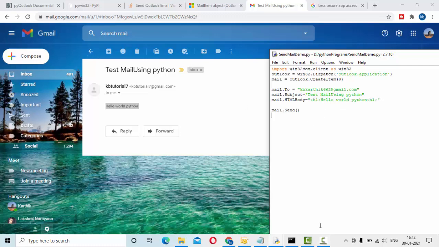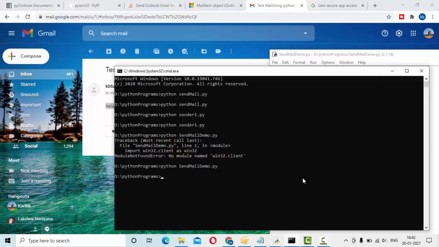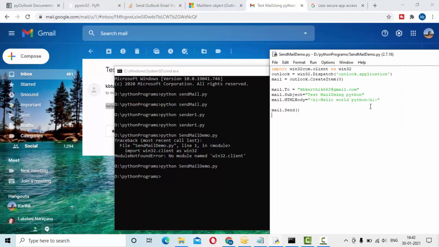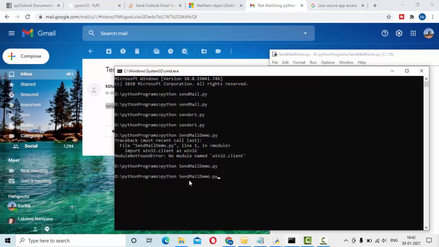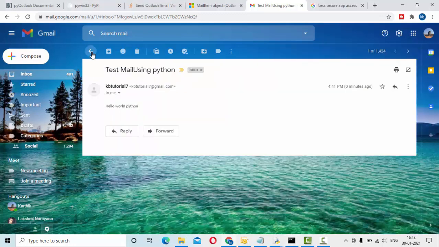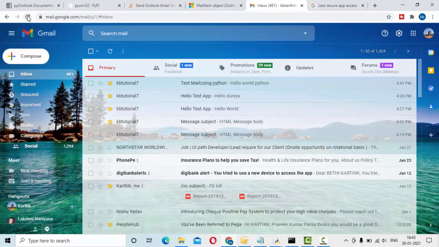Then if I just save this and let me use a command, something like print message sent successfully, so that I'll come to know whether this is sent successfully or not. Now it is done. Now close this and refresh it again.